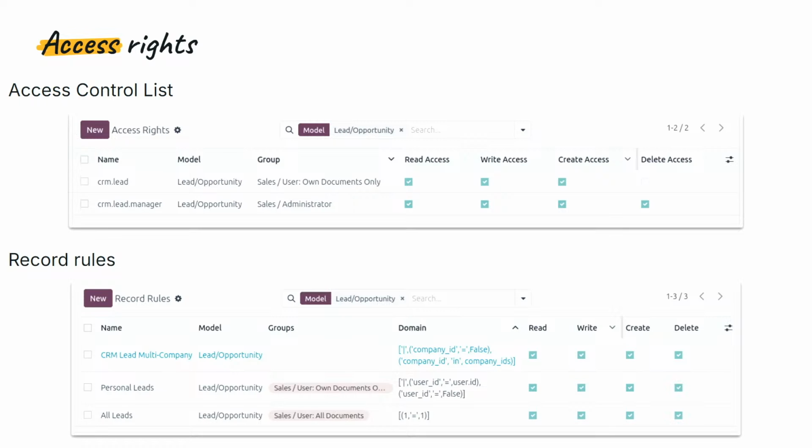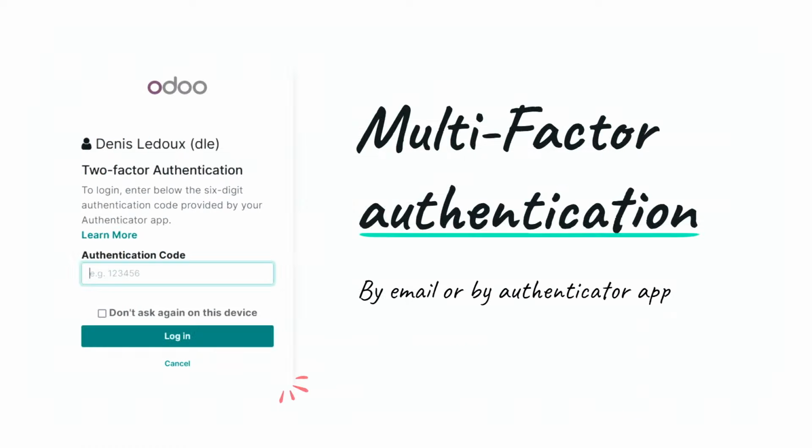In addition to this, there is a blue line. This is what we call a global rule: there is no group on it. It means it's applied whatever the group of the people, and it's connected with an AND to the two other rules. So, to summarize, the admin can see everything because there is that 1 = 1, but only from their own company, because there is a global rule saying you can see the leads of your own company only. And for the salesman, it will be your own company only and your own leads. So this is the access rights model in Odoo.